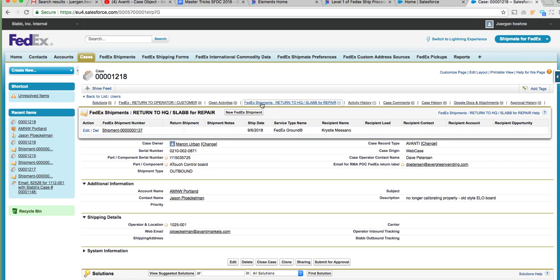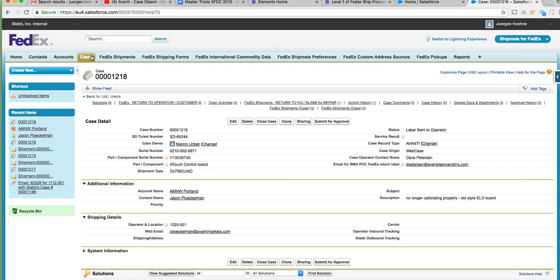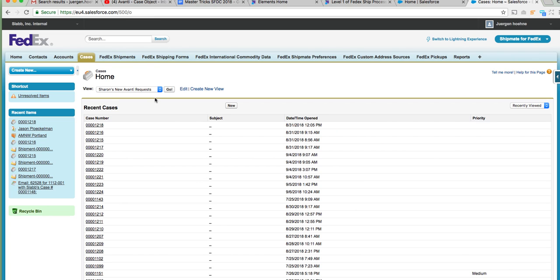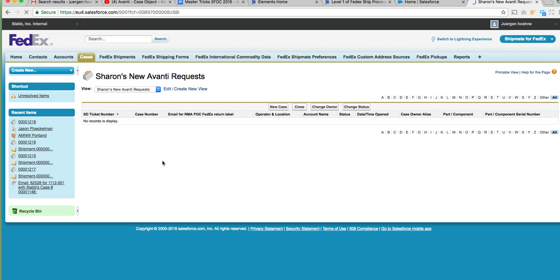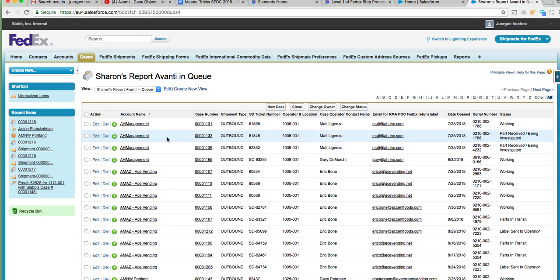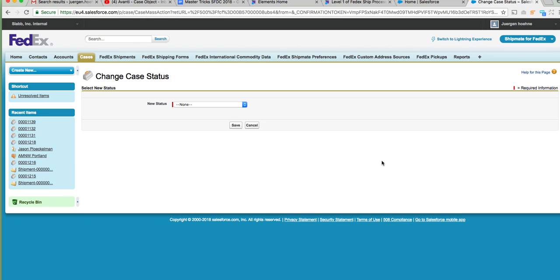Now you have this. Now, if you're running cases, for instance, you can do Sharon's new Avanti report. There's none. But here, for instance, did you notice the change status? You can change the status on all these with one here to whatever the status is. And you will run everything from status. And FedEx Ship through Process Builder will update this. Parts in transit, on hold, case entered by Avanti, parts received, being investigated, label sent to operator, right? So